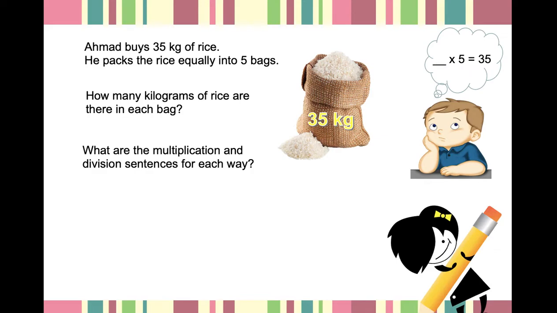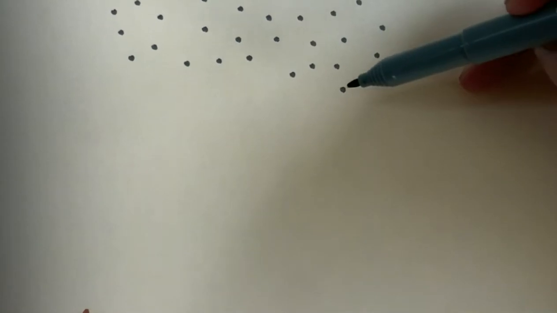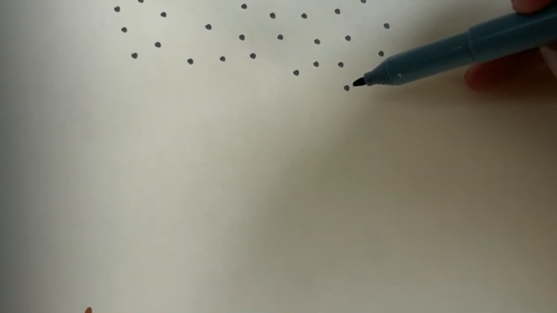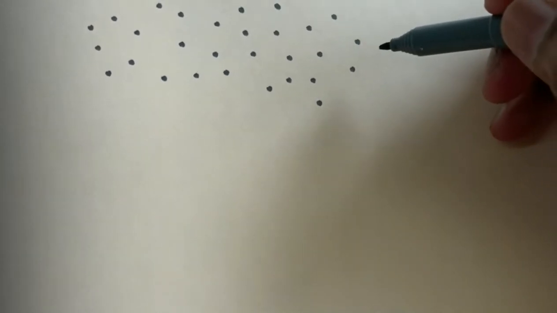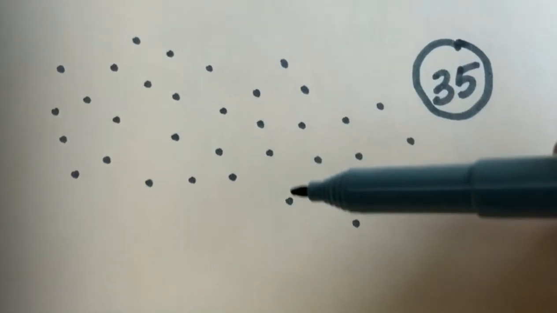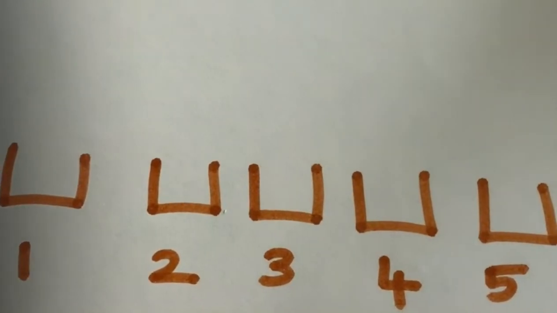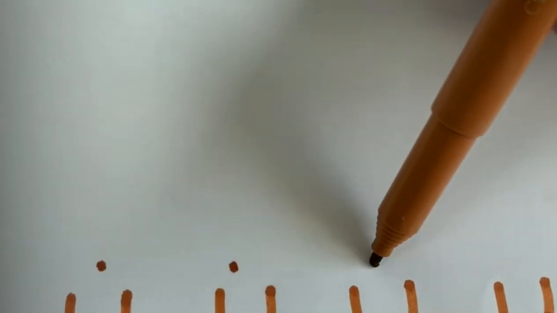Let's do a rough graph. Okay, children, now let's consider it like this. We have 5 bags here and we have 35 kgs of rice. I'm just assuming each dot as 1 kg. So I have 35 kgs of rice and now we are going to distribute these 35 kgs of rice into these 5 bags. Let's start counting. 1, 2, 3, 4, 5,